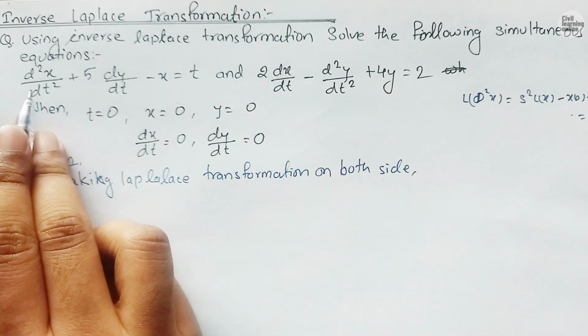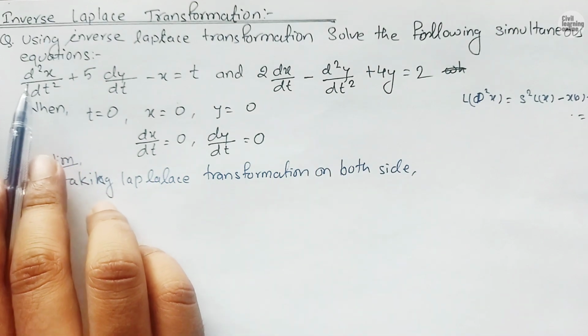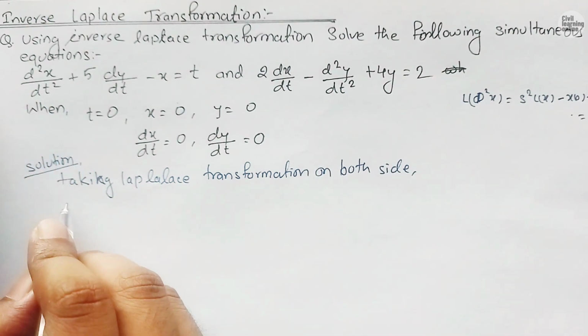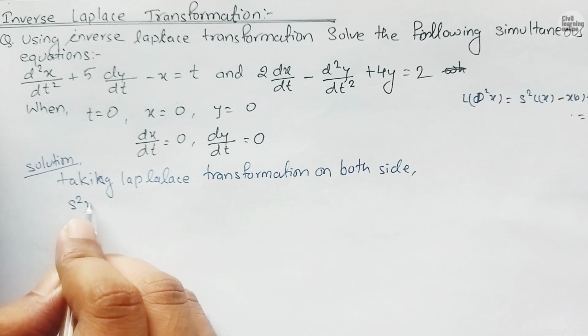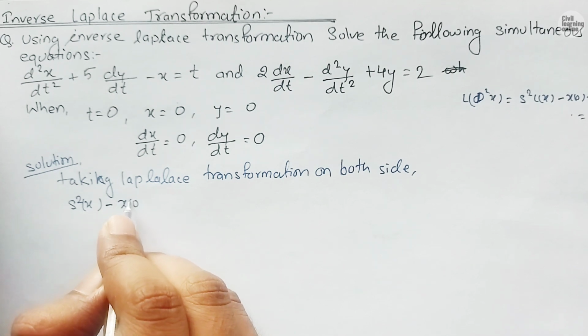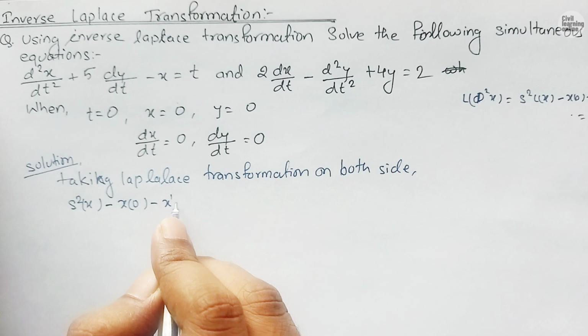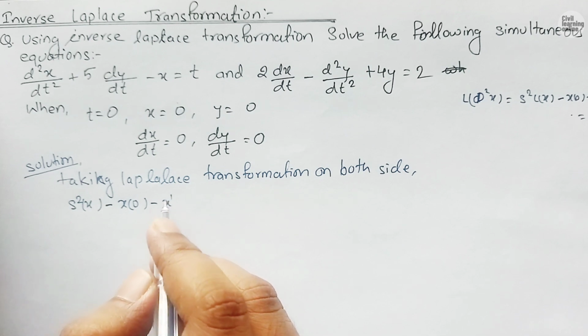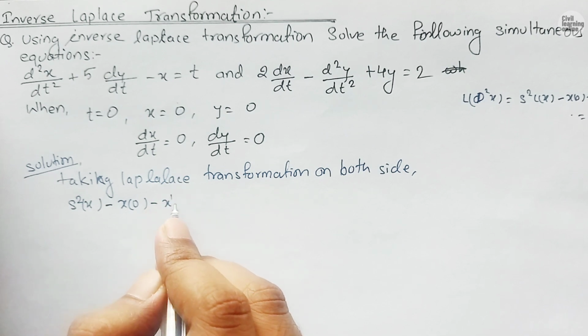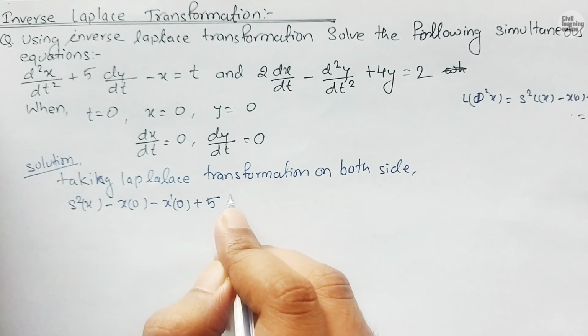We have d square x upon dt square, which is a second order derivative, so we will have s square times Laplace transformation of x minus x0 minus x dash, meaning dx by dt at 0, plus 5 times